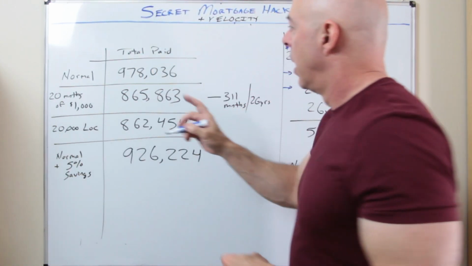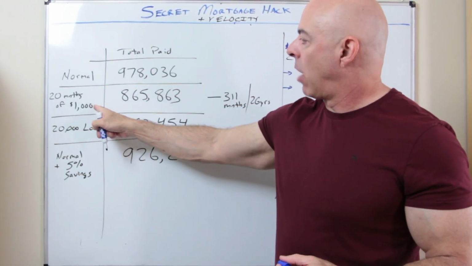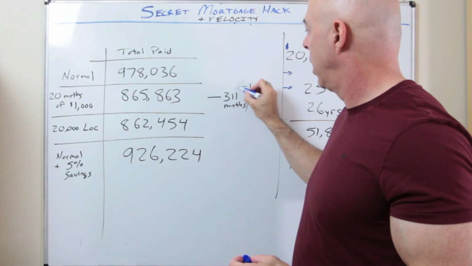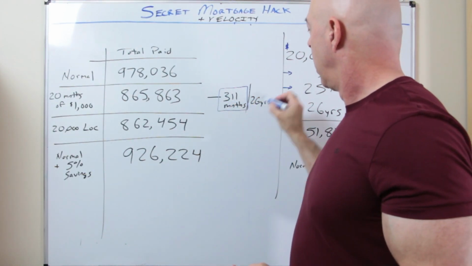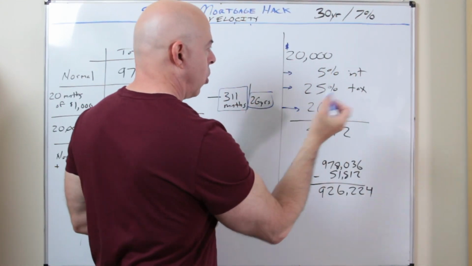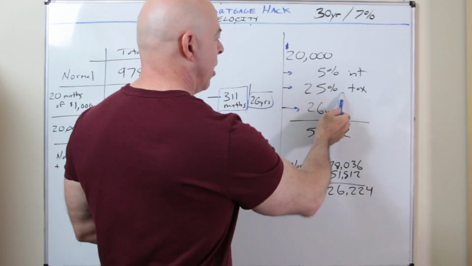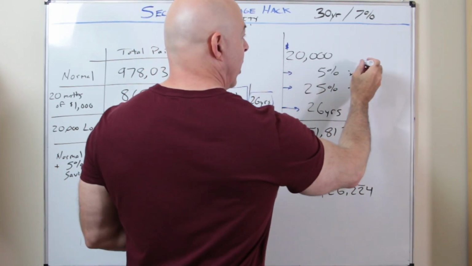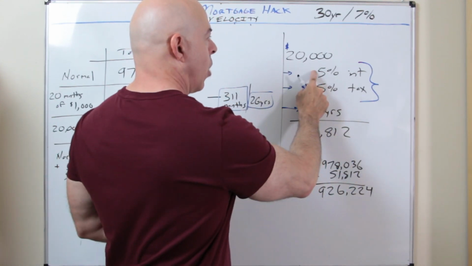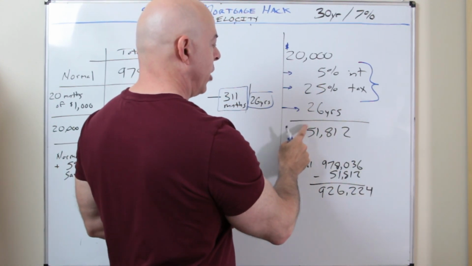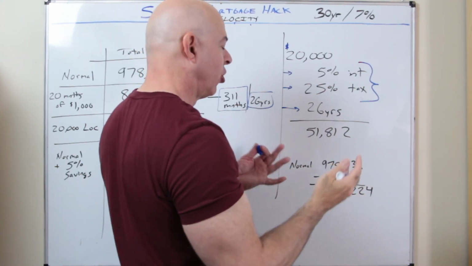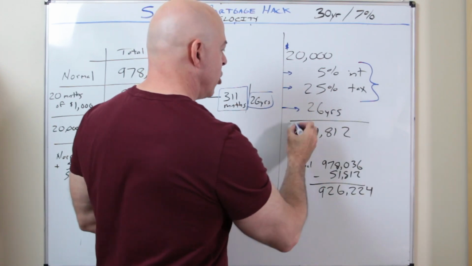Now, here's what I did. When we said we were going to pay an extra $1,000 a month for 20 months, instead of 360 months, it actually would only take you 311 months. That's 26 years. So I said, okay, we're going to compound this for 26 years. You're getting 5% interest, 25% tax. Now, just like I always say, you change the numbers, things can change greatly. You make this go up or down, it's going to make a big difference in what you're saving. But in this case, I think that's fairly conservative for the time, or at least maybe average. You're going to end up with